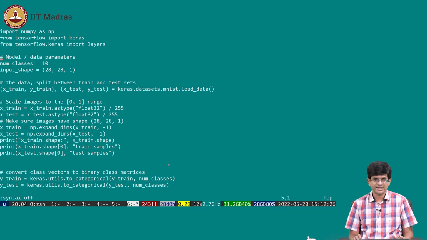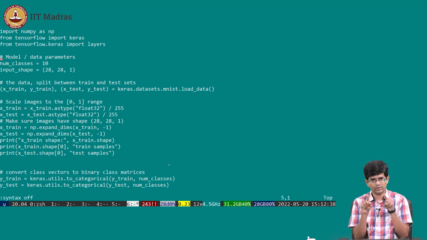It's called MNIST. It basically says, how do I recognize handwritten digits? The idea is you have a number of small images. Each image is 28 pixels by 28 pixels, a small grayscale image, which is a scan of a number that somebody has written within a box.